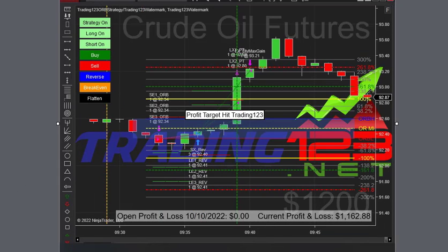Then here's our crude oil trade. October 10th, same thing. We're trading 3 contracts. So the market opens here at the open, takes out the low, the bot gets short, and then the market decides it's not weak yet, and within a bar or so it reverses the position, takes a small loss, and breaks out to the upside, hits our targets, and we hit our $1,200 goal once again,